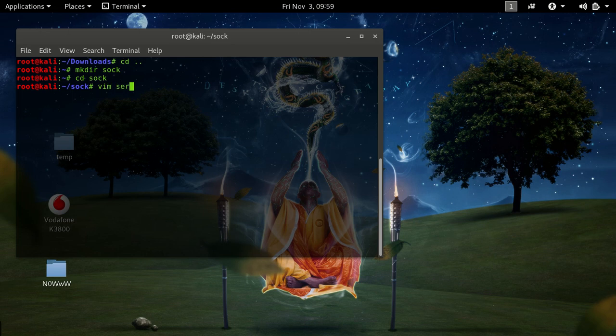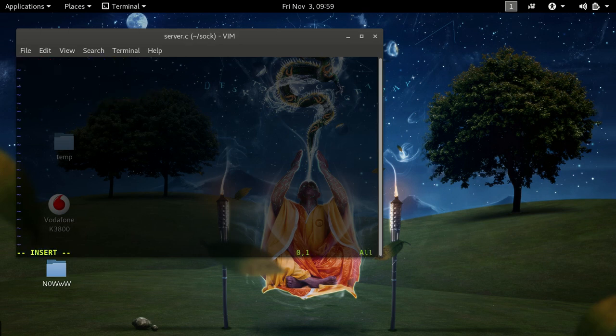I would like to name it server.c. First I would like to include the header files. Include stdio.h. You might know what stdio is used for: standard input output. The printf and scanf functions are included in this header file. And after that